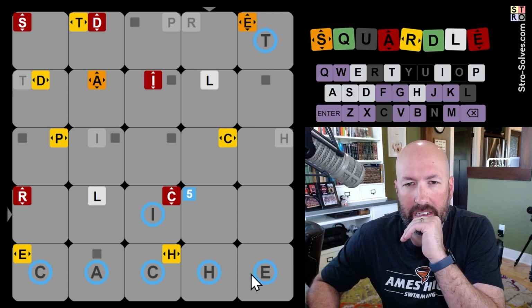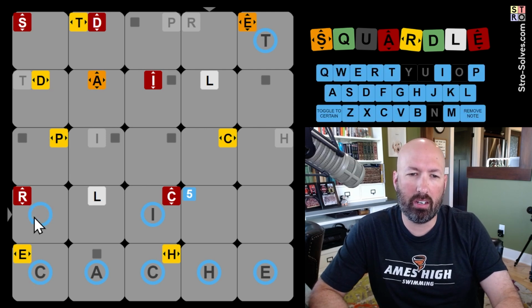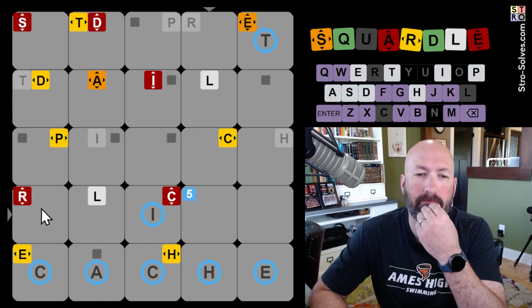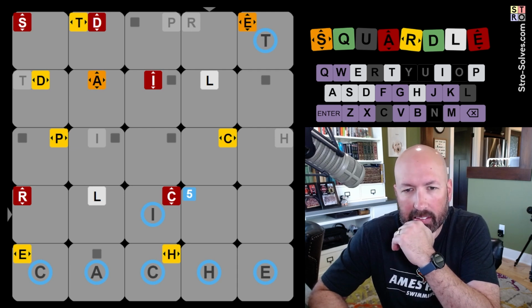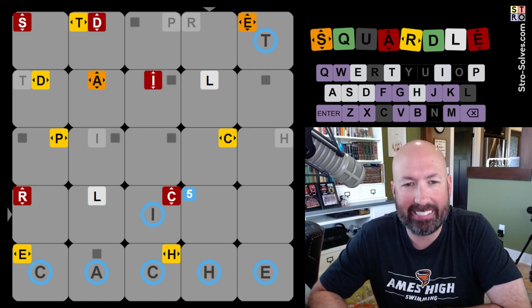All right, well, I'd like cash here, but I don't know what to do for the fourth row and column. We don't have much to go off of there. We need a D here. Interesting. If we end with C here, we could end with SC. But we need to have an R too, and that doesn't really work. Yeah. I don't really have any idea. Usually by now I have some ideas for words other than just the one, but...